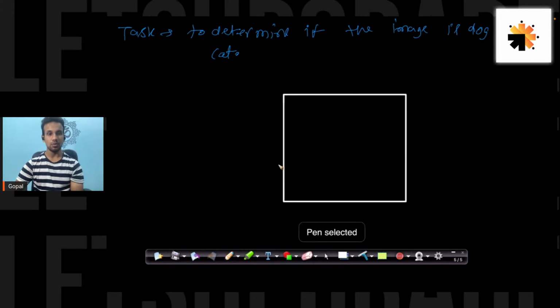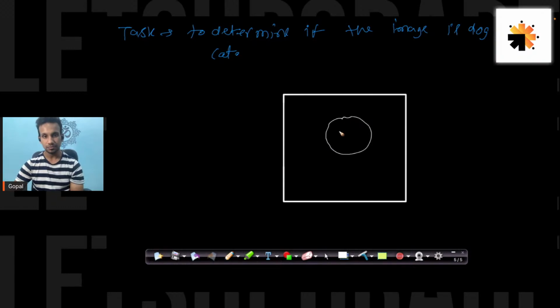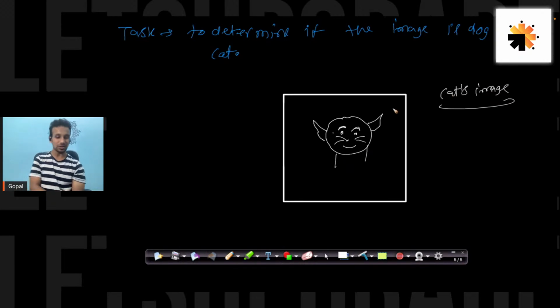Now what if I draw a cat over this? I'm really not good at drawing. The cat could have whiskers, a mouth, eyes, and maybe ears like this. I really suck at drawing. So this is a cat's image, assume it.